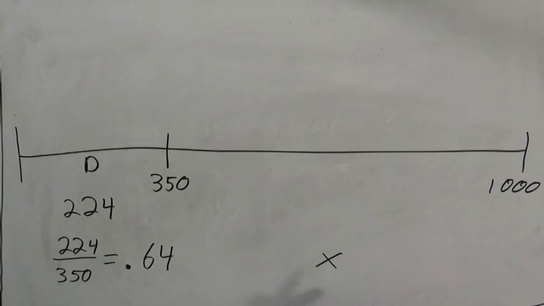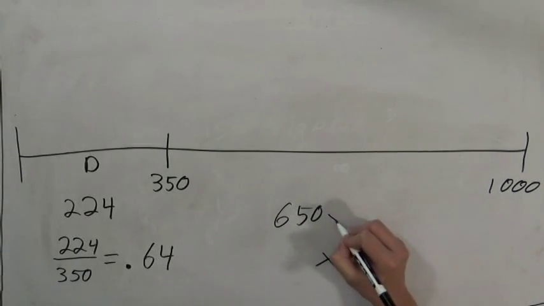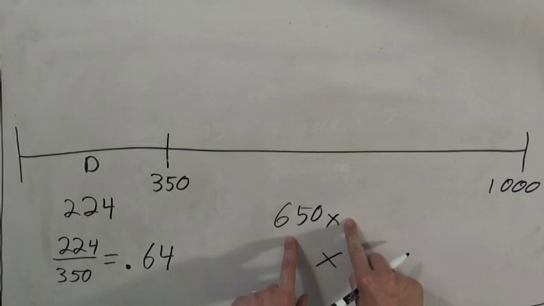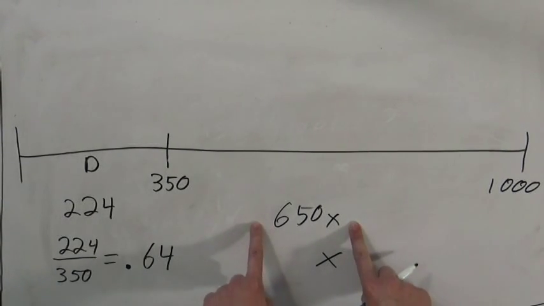So I know that I currently have a D in the class. I don't know what grade I'm going to get for the rest of the class. We'll call it X. X here is a percentage, so if I get a B for the rest of the class, that would be an 80%. If I get an A for the rest of the class, that would be a 90%, and so on. Don't know what X is, but knowing that it's the percentage of points I'm going to get in the rest of the class, I know that 650 times X will give me the actual number of points I will get for the rest of the class.